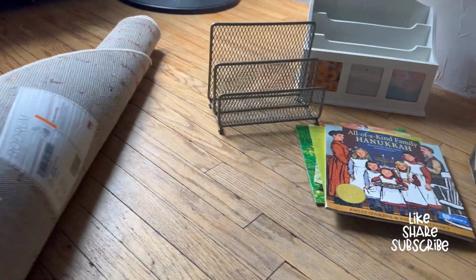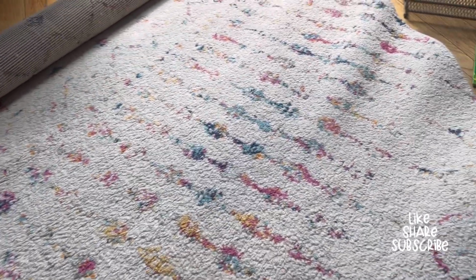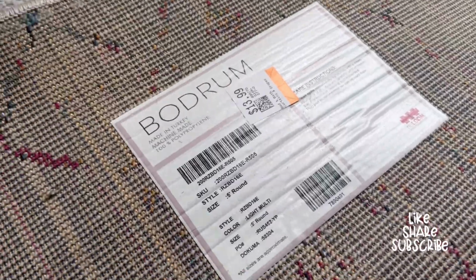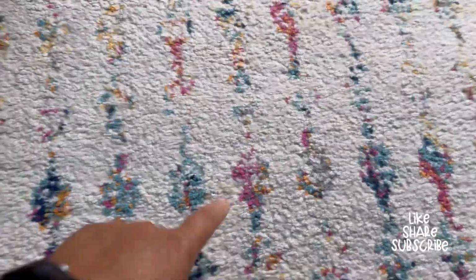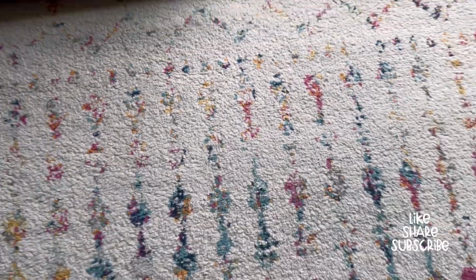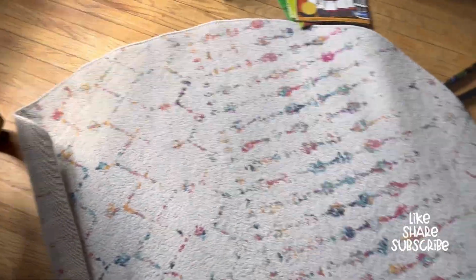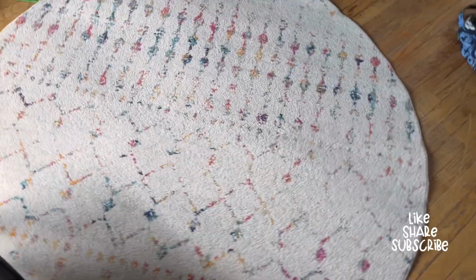Let's talk about the best things possibly that I found at the thrift store, and it's the rugs. Rugs are very expensive. I don't have a rug that the district gave me. I had to purchase my own rugs. So when I saw this rug for $13.99, I quickly went into Amazon to see how much it cost, and I snagged it for various reasons, because it's perfect for the students to go and read on it, or I'm not sure in what corner of the classroom I'm gonna be using it. So I got this one that is round,